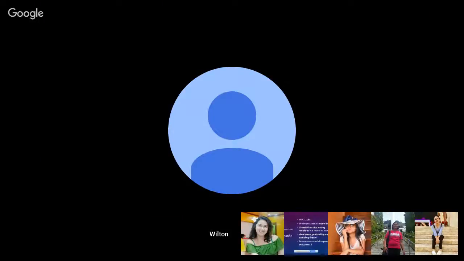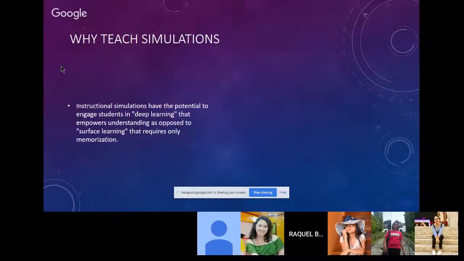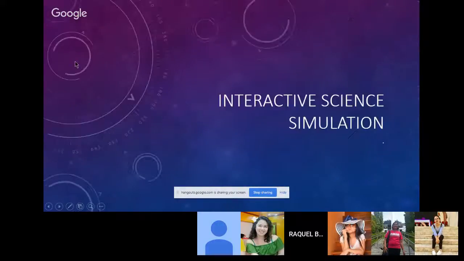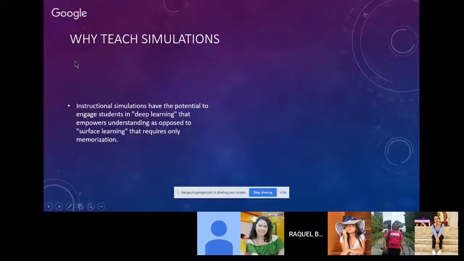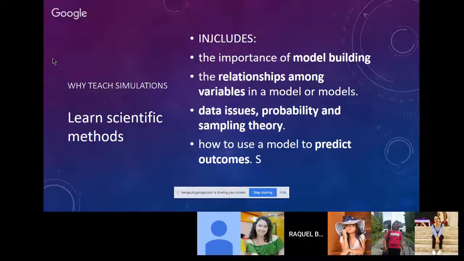So my report is about science interactive simulation. So first, we have to learn why we have to teach simulation. It is said that instructional simulation have the potential to engage students in deep learning that empowers understanding as opposed to surface learning that requires only memorization. And so why do we have to teach simulation? Because